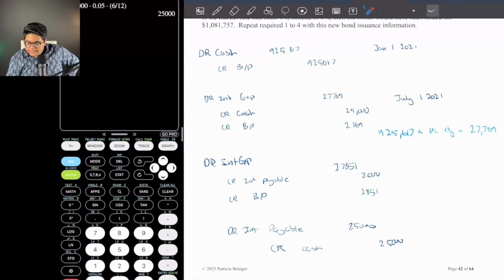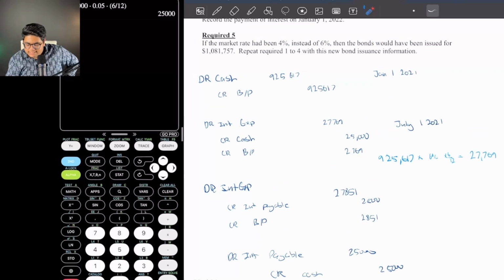So basically we need to determine what the person would have received had they put that money into the market. So the person is only investing 925,617, not 1 million. So this is the money that we're going to use for that calculation. So if that person, and when I say person, it's a bunch of people who buy the bond, but for our scenario, we're just going to simplify it a bit. Let's say the people put their